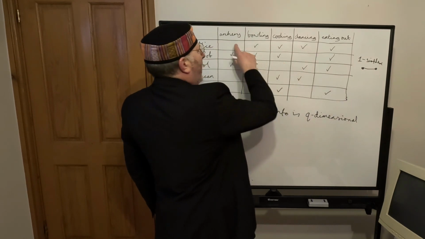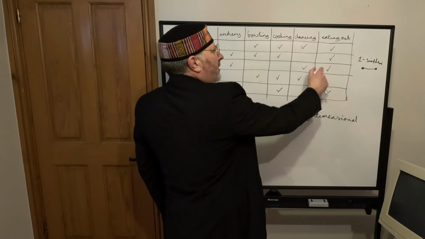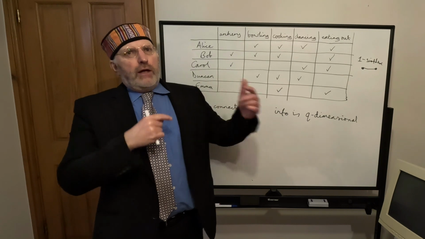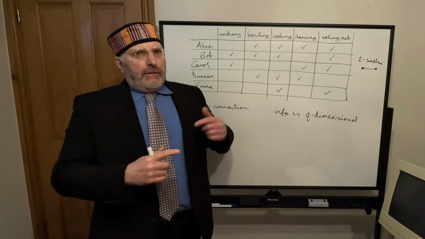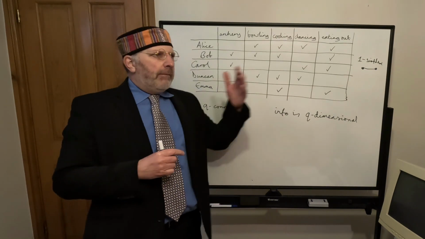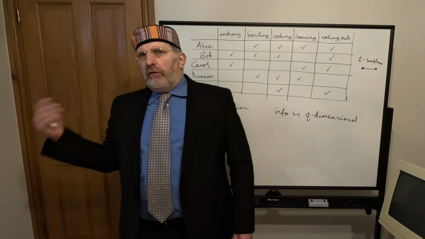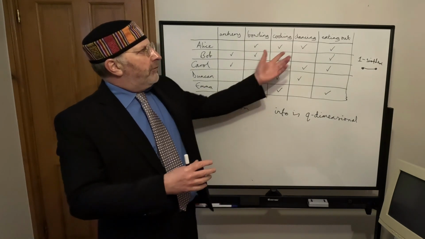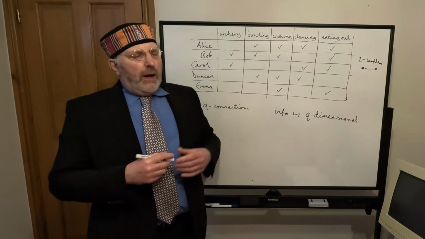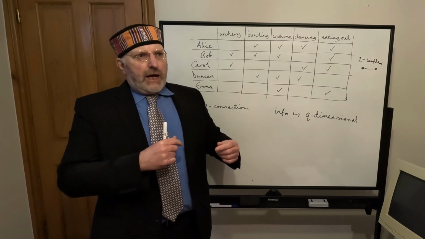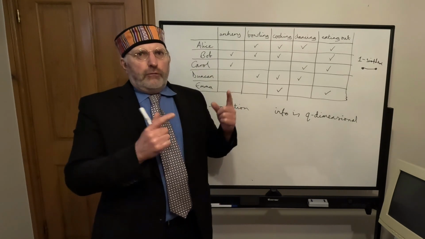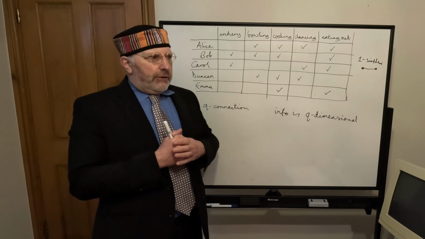Carol and Alice both have interests in dancing and eating out, so they can discuss those issues. They can trade off one against the other. Should we go dancing or should we go eating out? Or how much time should we spend on dancing versus how much time should we spend on eating out? Because both of them can deal with those issues, they can trade off those 2 issues. But those are the only 2 issues that they share, so they can only do that kind of trade-off just between those 2 particular issues.